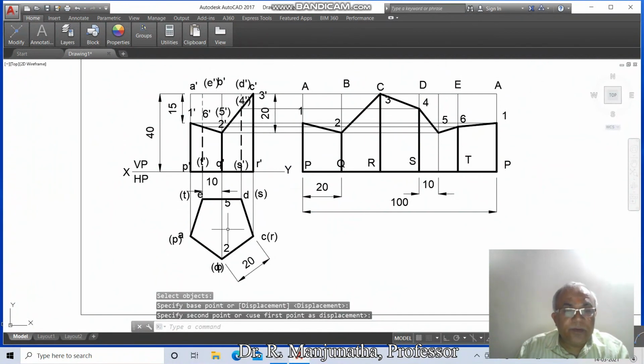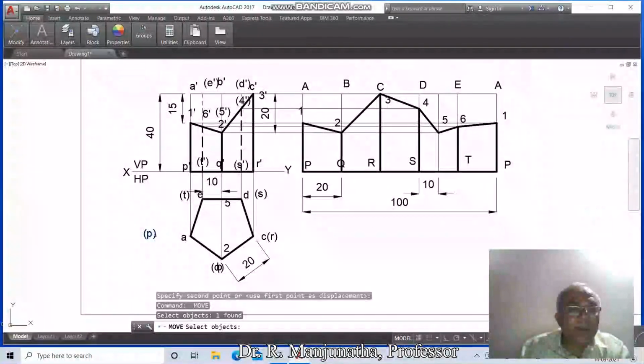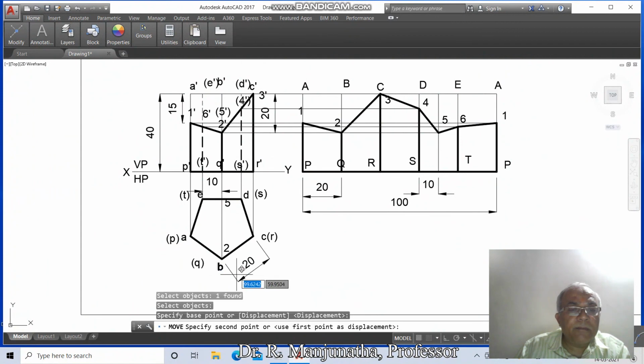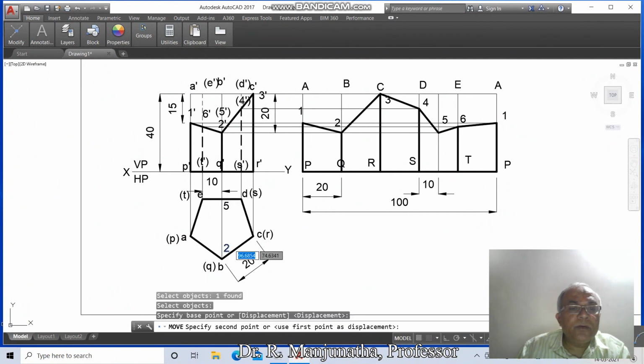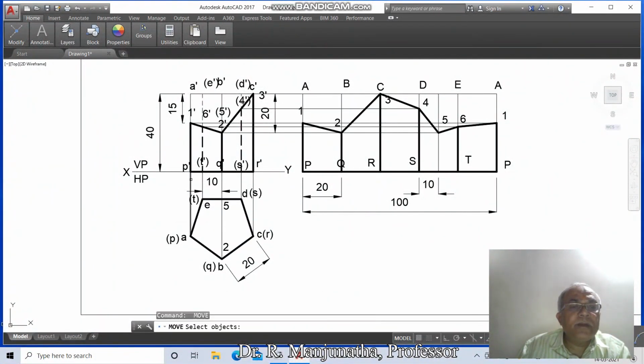then move, go to A, then P, then B, then Q, then C, then R, then D, then S, then 5, then 2, then E, then T, then P dash,